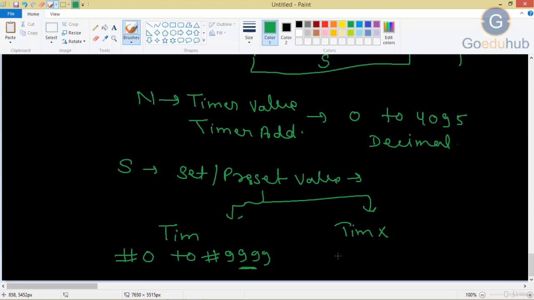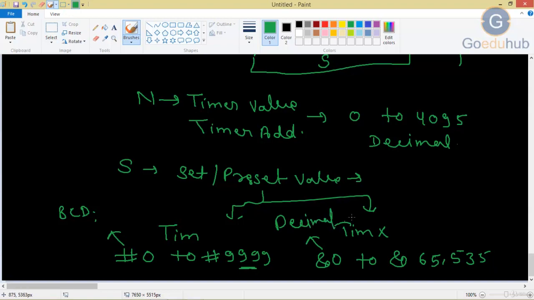And for TIMX we have to provide &0 to &65,535. The first one represents BCD, and this represents decimal.